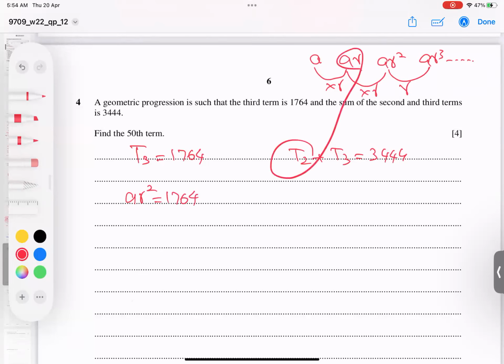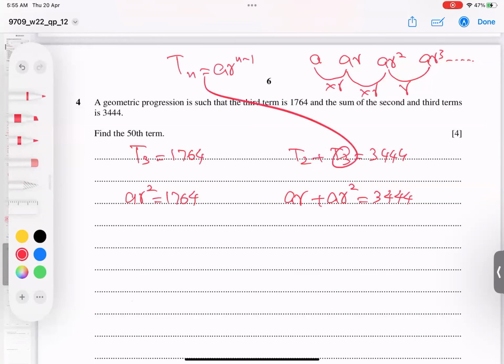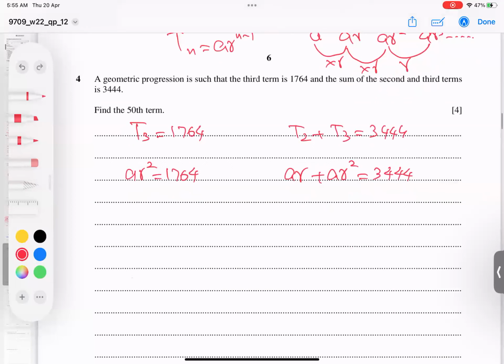Second term is ar. And third term is again ar square. I can apply this formula, Tn is equals to ar to power n minus 1. So plug in 3 here, and 3 minus 1, 2. So same 2 comes here. Anyway, now if I do one thing,